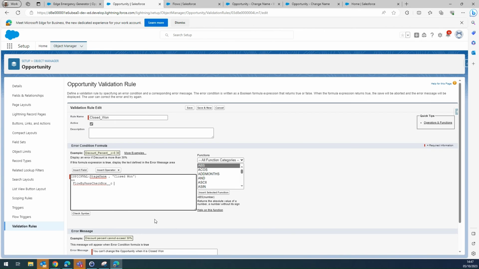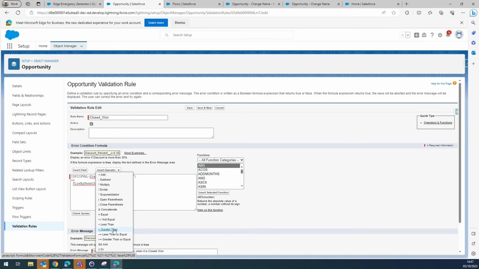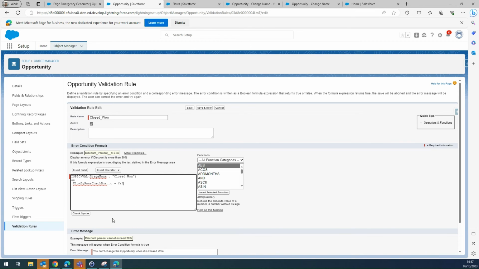So we insert that, and what we're going to do is say equals false. So what we're saying here is this validation should only trigger when the flow bypass checkbox is false. So if we save that